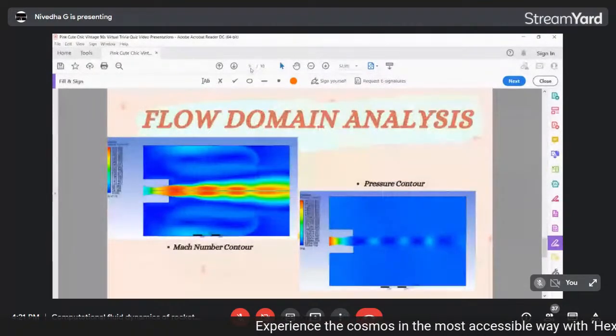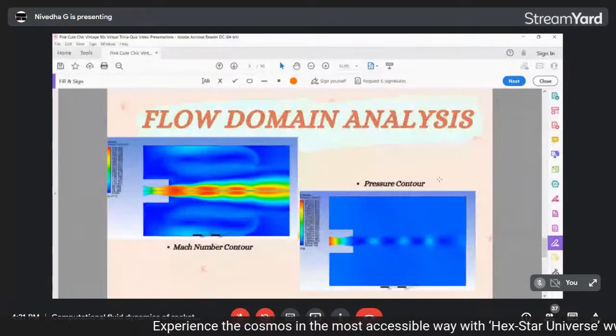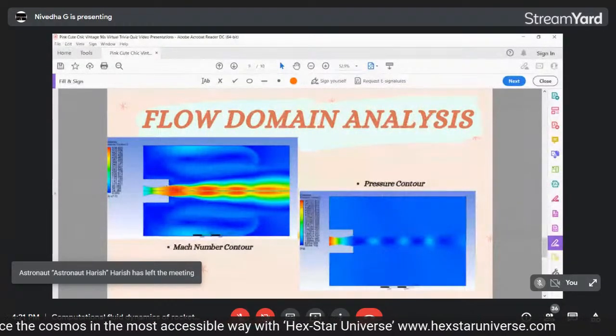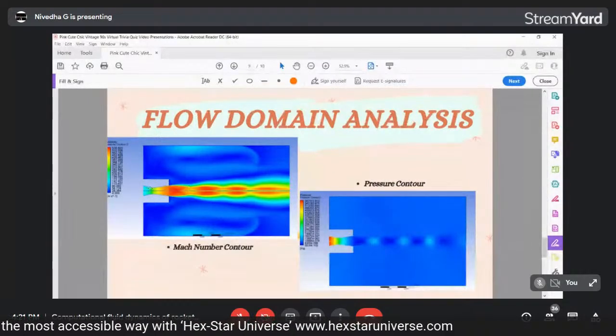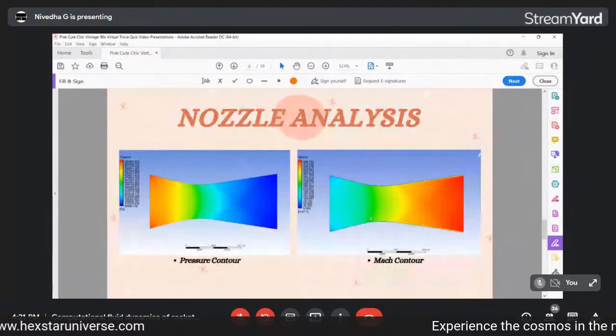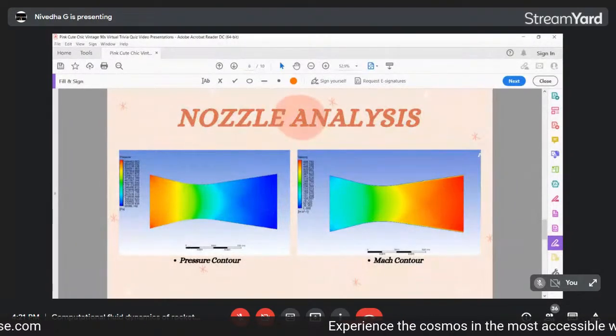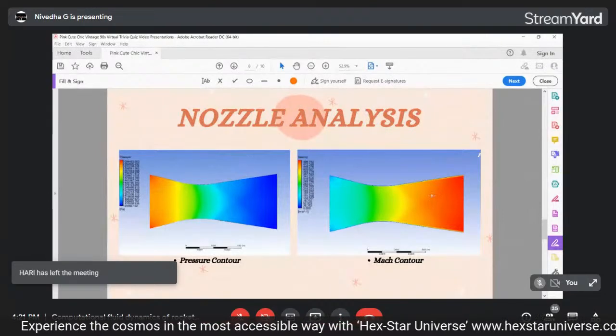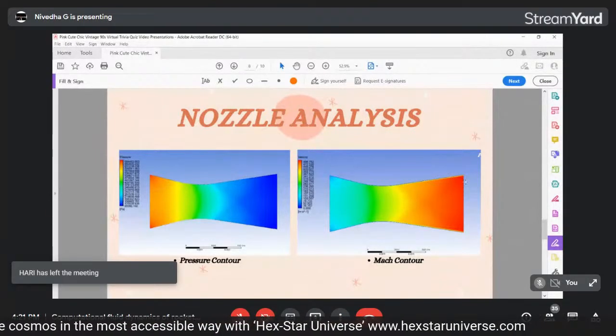flow domain analysis. Why do we do this? So that we can check if your shock wave is forming outside the nozzle or inside the nozzle. Okay, so here we don't have a shock interaction. We do not have a shock interaction in any of these, proving that the nozzle is quite efficient enough to provide the given Mach, which is almost 1.8 to